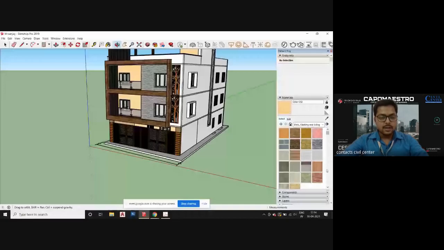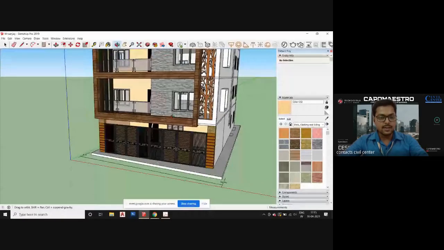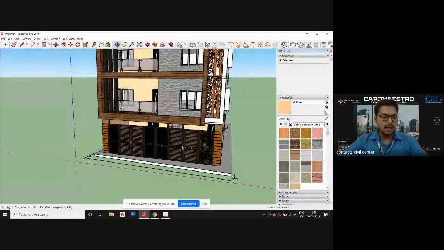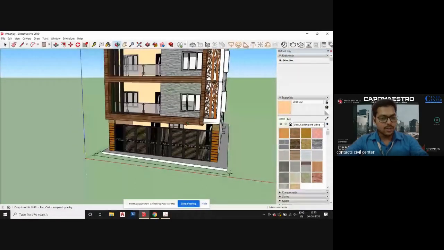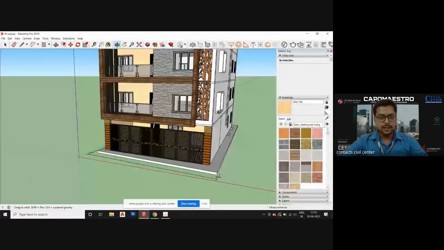In this model, we have used a lot of materials to make it look beautiful. Primarily, when you start modeling in SketchUp, it will just give you two colors, a whitish shade for the outer surface and a bluish shade for the inner surface, so that you can differentiate which surface you are working on. Now in the material box, let's see what the other things are.